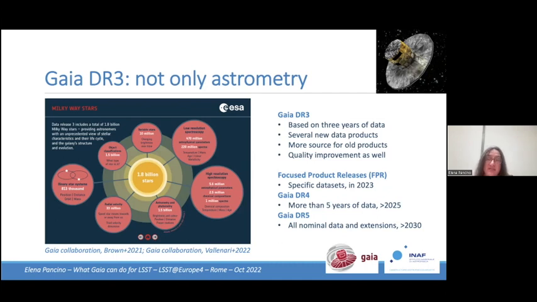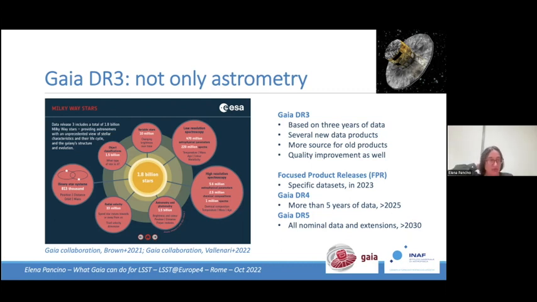So what happens is that we are going to have Gaia DR4, which is based on 66 months of data, which is more than 5 years, and it will be published, let's say, not earlier than 2025. And then there will be the final legacy release with all of the nominal data and the mission extensions.